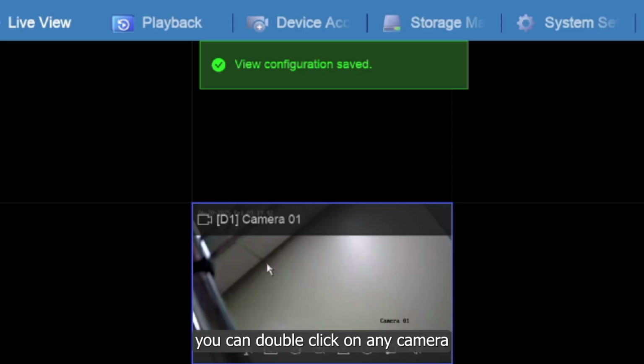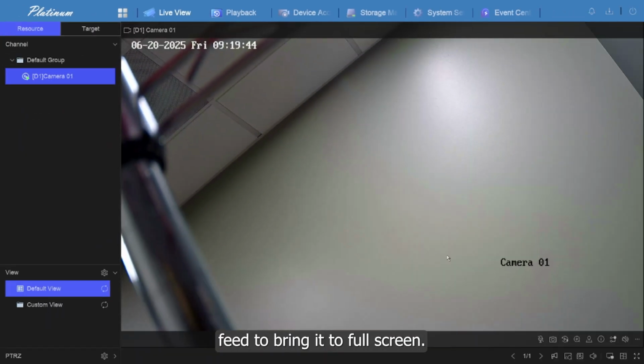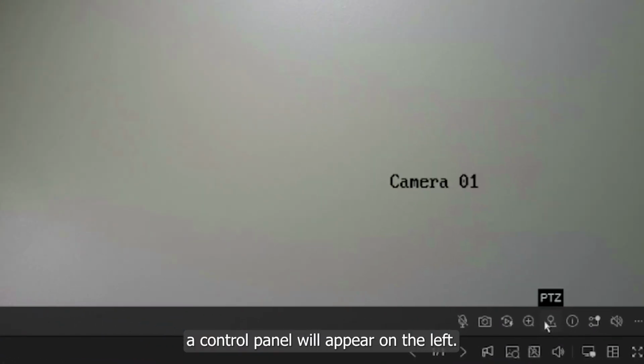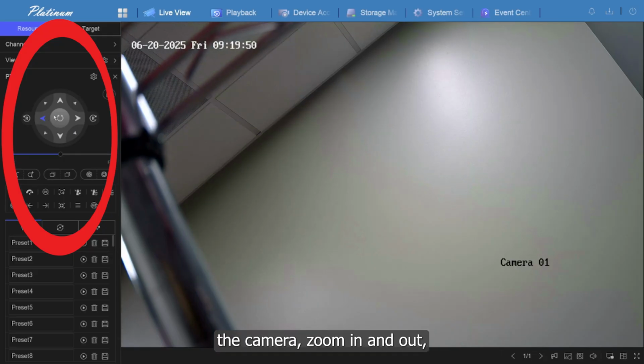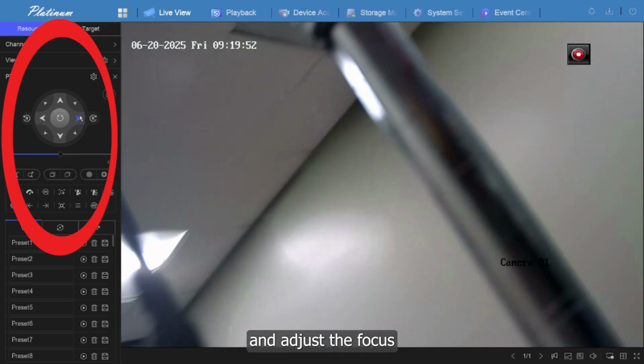To get a closer look, you can double-click on any camera feed to bring it to full screen. Now, it's important to note that the following controls only apply to PTZ cameras. If you are viewing a PTZ, which stands for Pan, Tilt, and Zoom camera, a control panel will appear on the left. This panel allows you to remotely move the camera, zoom in and out, and adjust the focus to